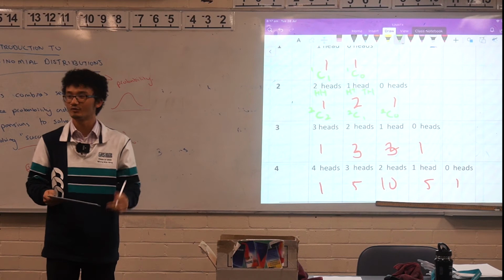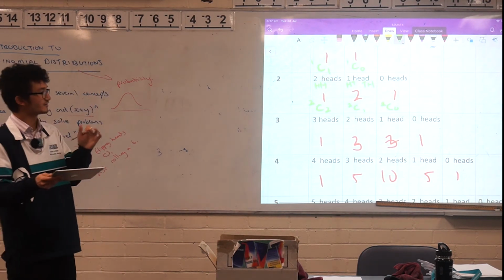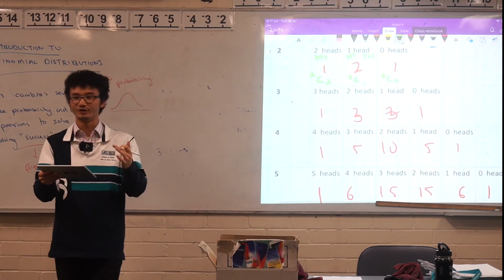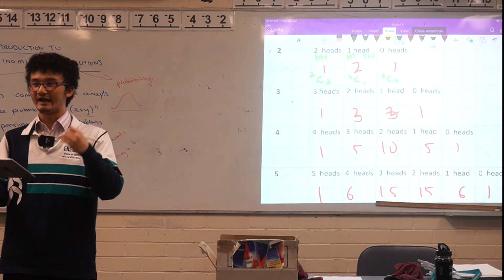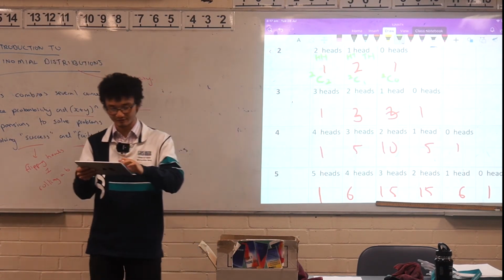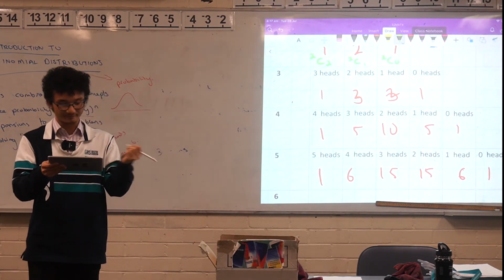So can you see, this is a way to generalize this approach. You don't have to draw out Pascal's triangle each time. What you can do is just think about how many coins you have and how many of that particular success you want. So how many heads do you want? For example, if we go down all the way to 4,